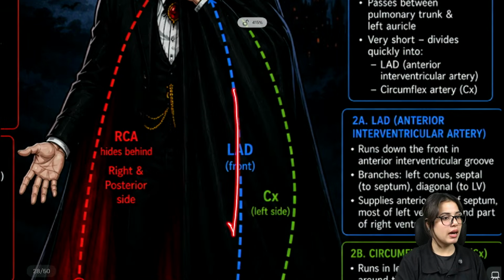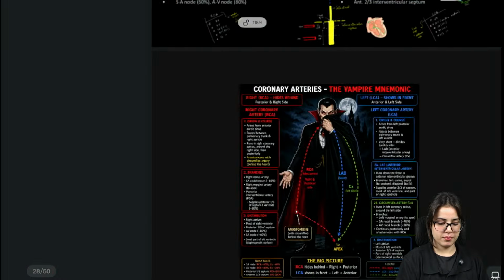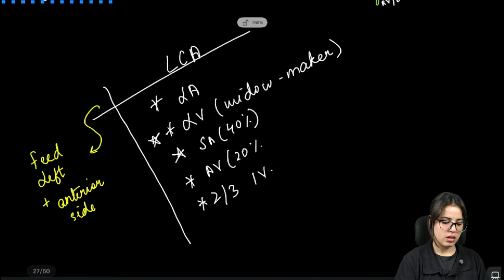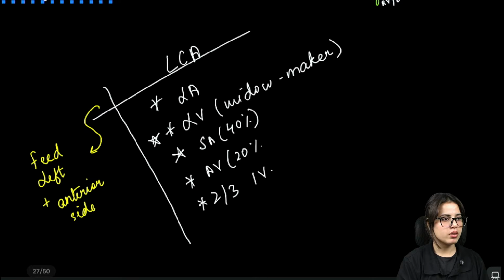So LAD is at the front, circumflex on the left side, marginal, and RCA, it's not covering the front part of the heart, usually the back. If you don't remember anything, remember LA, LV. Now I've written widowmaker. Why widowmaker? It's actually a very, very important, clinically important fact